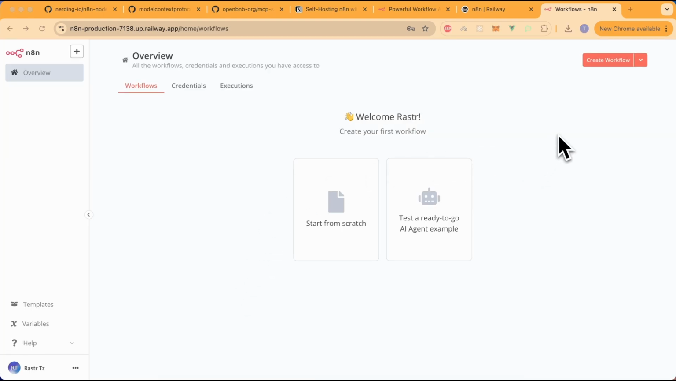As you can see, we are on the dashboard, the overview section. If you have a couple of automations, you're going to see them listed here, but since we don't have anything, there's nothing here. There's something that you need to do before starting any automations with MCP. You have to go to settings